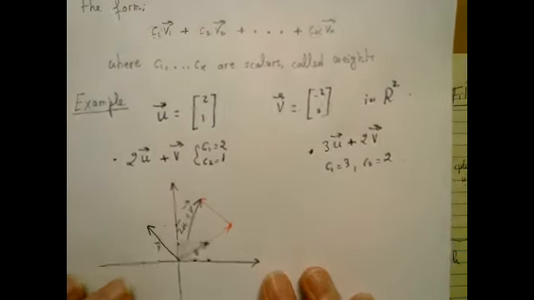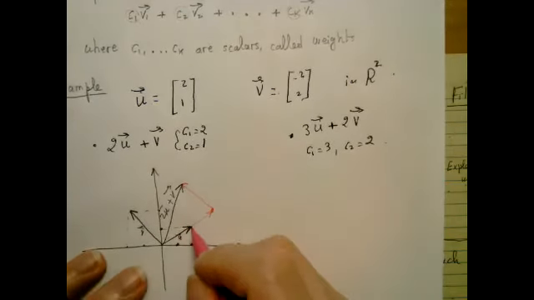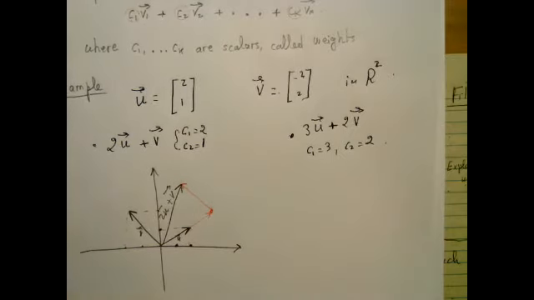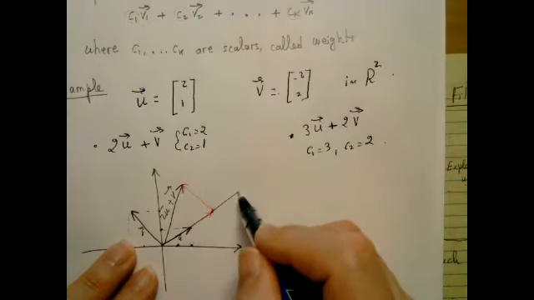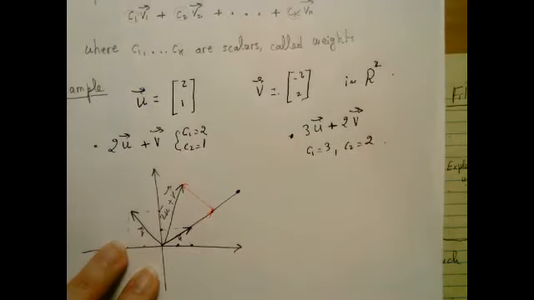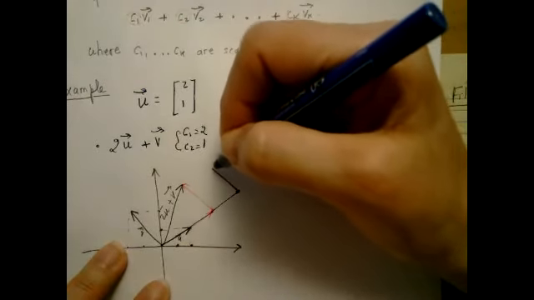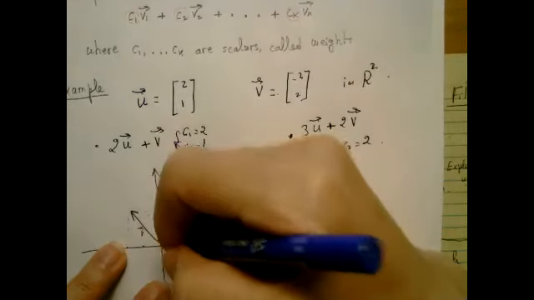So now, if I want to draw this, it's not really hard. This is my U. It means he wants me to go, let me pick the purple. So he wants us to start here. We go 3 units in the direction of U. That's what we're doing. And then we'll add to that 2 in the direction of V. 1, 2. And then the resulting vector,